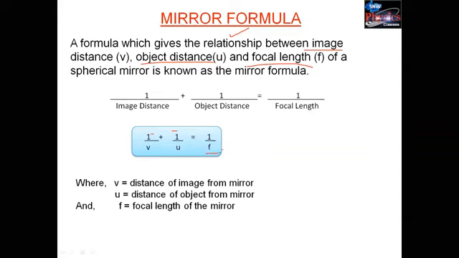Here v is image distance, or we can say distance of image from the mirror. u is distance of object from the mirror, and f is the focal length, means the length between the pole and principal focus. ठीक है,